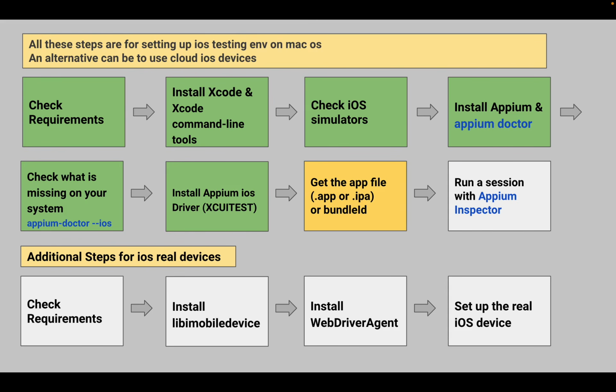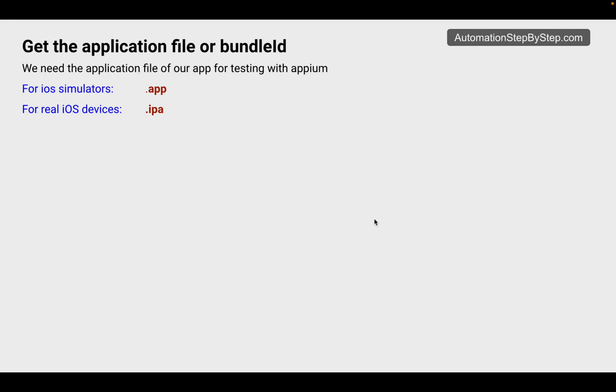We need some application, and for that we need either a .app file or a .ipa file. If you want to use iOS simulators, we will need a .app file. If you are using iOS real devices, we will need a .ipa file, or we can also use the bundle ID of the application which is already installed on the device. So here